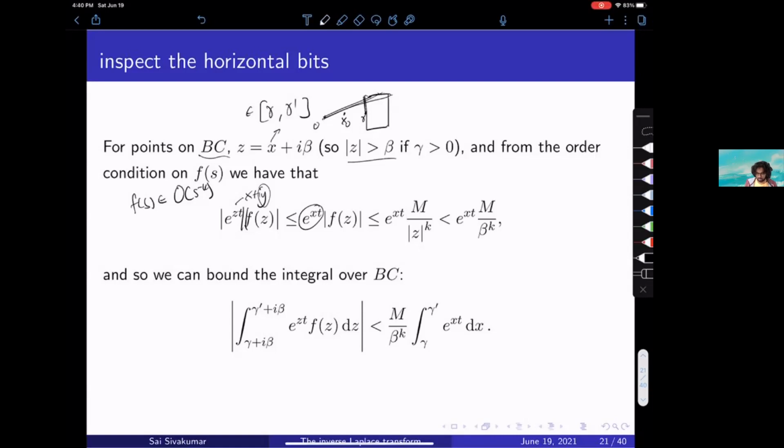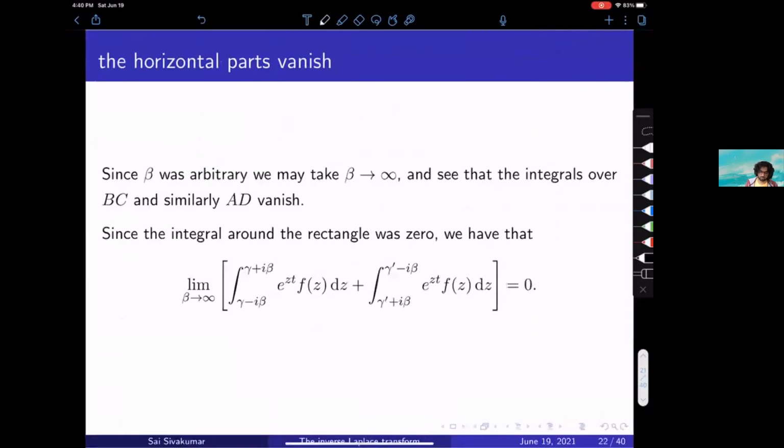So yeah, this bound is what comes up, and because we have two finite values, whatever this is going to be finite. It doesn't really matter what it is. But then we take beta to be very large, and so both horizontal bits, oh, so it was called AD. So this is B, C, and A and D. I don't know what I was thinking when I came up with that. Whatever. But yeah, both the integrals over the horizontal bits vanish. So all you're left with is